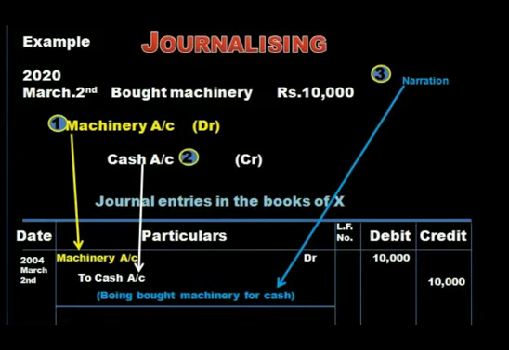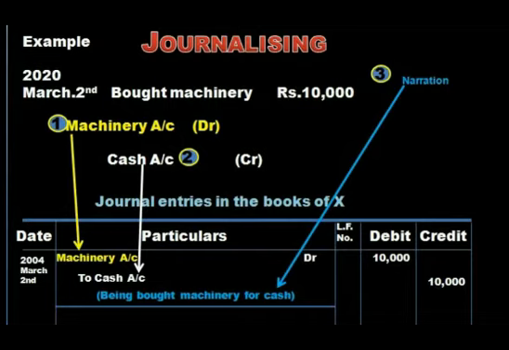That means before the transaction simply you add 'being'. So bracket close. It is known as narration. Narration means brief explanation of the transaction. So after that we have to draw one line. The line should be only in the particulars column. So one entry is finished. In this way the way of recording is known as journalizing.